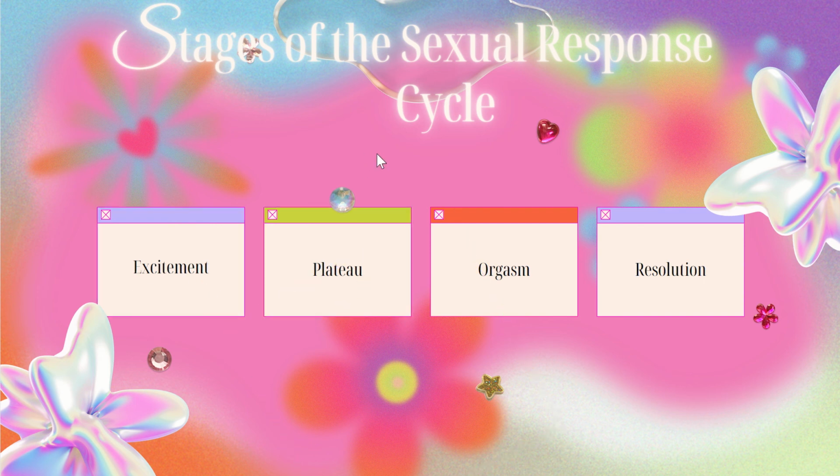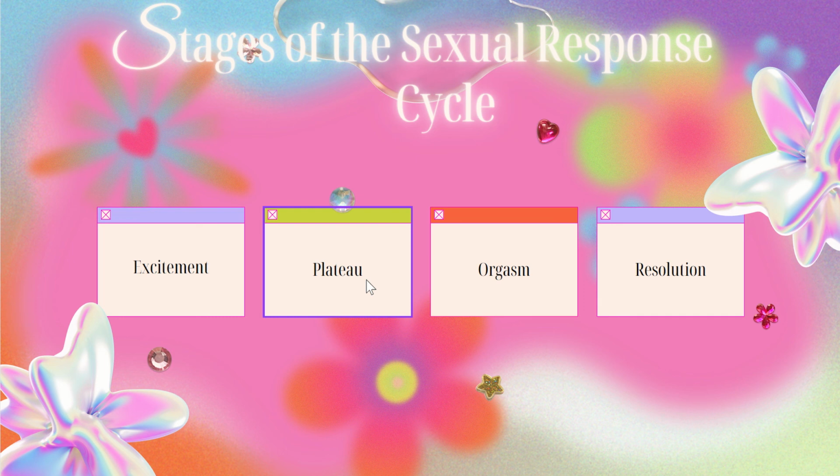So the next phase is the plateau phase. This is basically an expansion and an escalation of the first stage. This is where everything becomes more sensitive, more blood rushes, swelling increases, your pulse goes up, and your heartbeat starts to increase. This is also where the vagina begins to enlarge. For those of you that don't know, I didn't know this: there is a fold of peritoneum that joins the uterus edges to the pelvic floor and the pelvic walls, and this is called the broad ligaments. When it swells and tightens in this plateau phase, it pulls up on the uterus and makes the vagina bigger